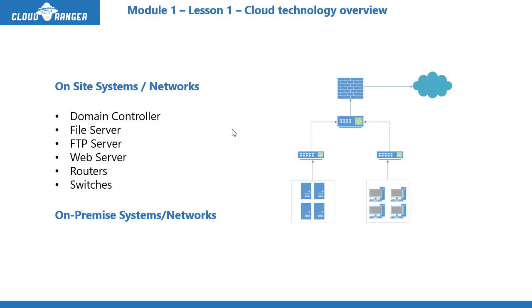We are talking about servers like domain controller, file servers, FTP server, web server, router, switches. They used to be all physical servers. We typically call them now the on-premise systems because they used to be located on-premise. Means they used to be located where